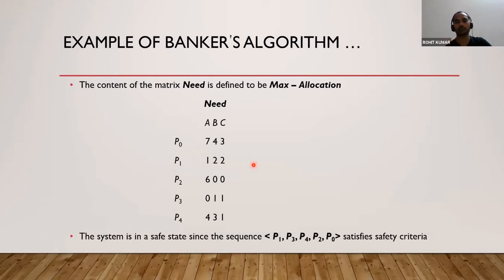Similarly, if we choose the shortest remaining time first, and there are two or multiple processes having the same remaining time, then obviously it's up to the user. Meaning the OS will choose any job randomly out of that particular pool, having the minimum response time. Sorry, minimum remaining time, not response time.